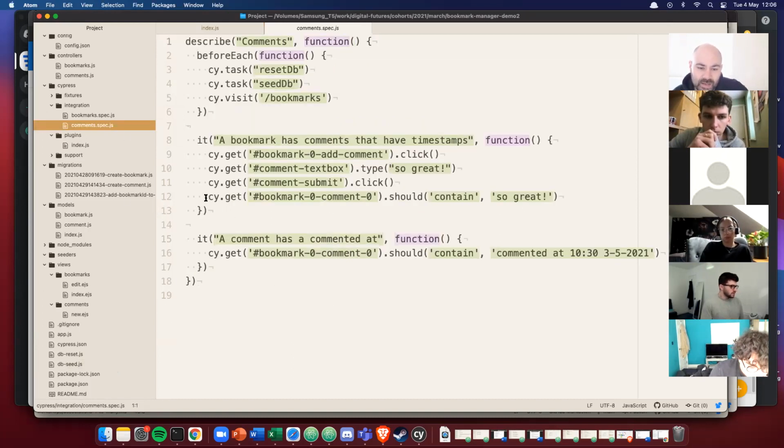So I assert that the comment appears on the page, and that specifically each comment has a commented at timestamp. So I want the format to look something like that, for example. So after I've done